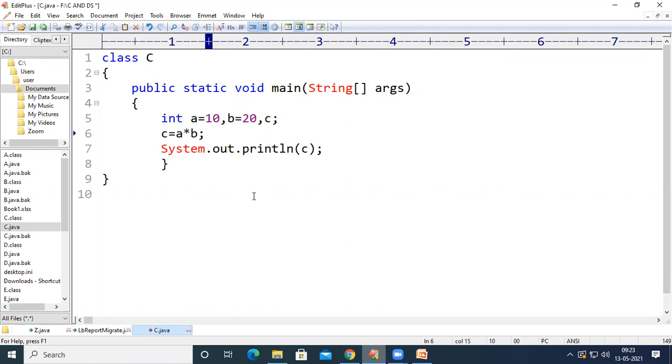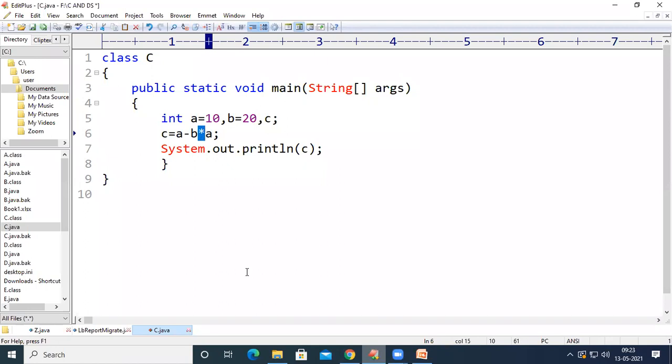For example, I want to calculate c as a minus b star a. In this expression, there are two operators, minus and star.